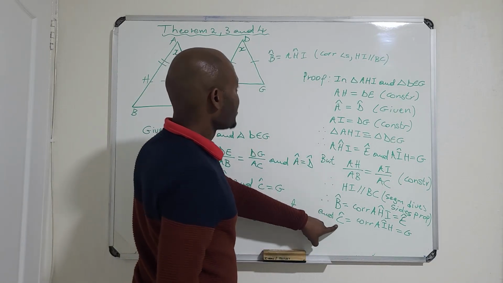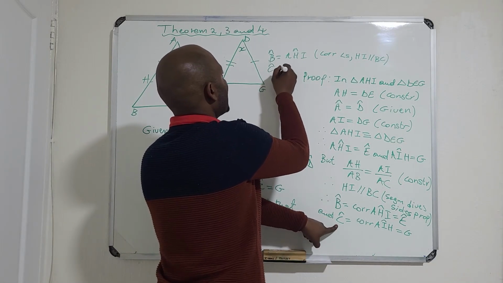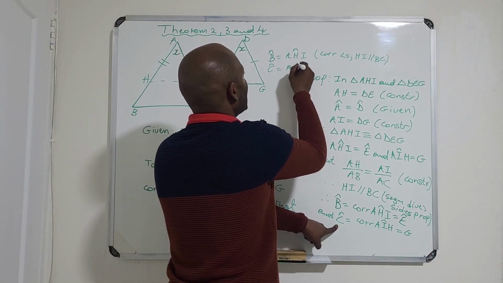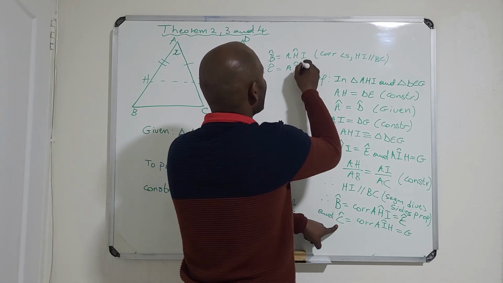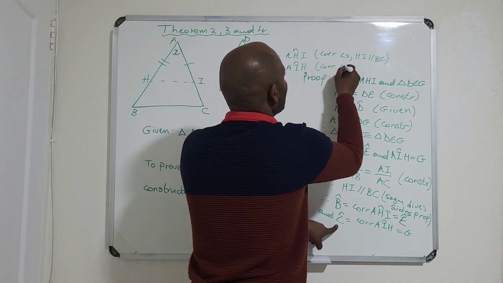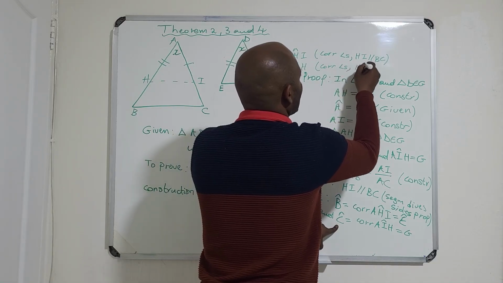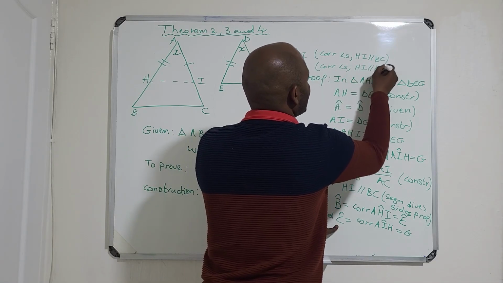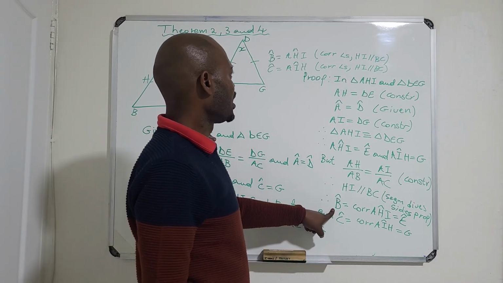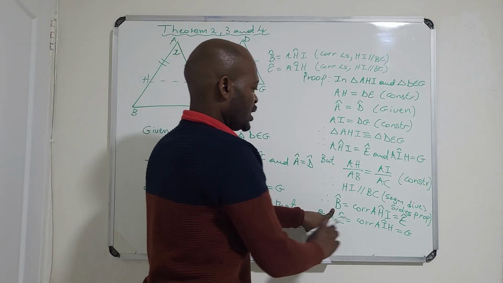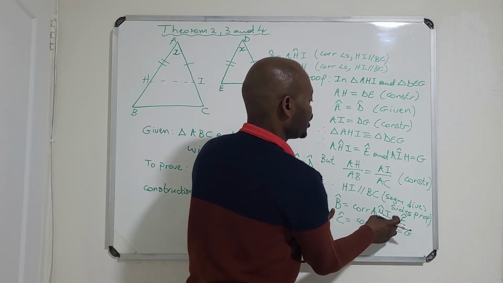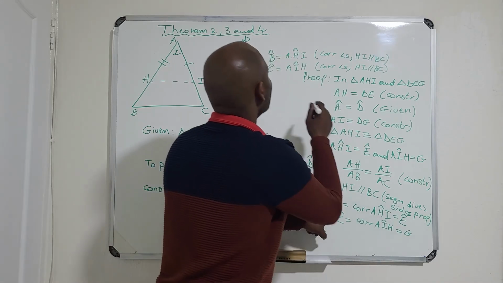Even for that, we could have said angle C is equal to angle IH, and give the same reason, corresponding angles, HI is parallel to BC. But I just used a new style where angle B is equal to the corresponding angle, angle HI, which obviously